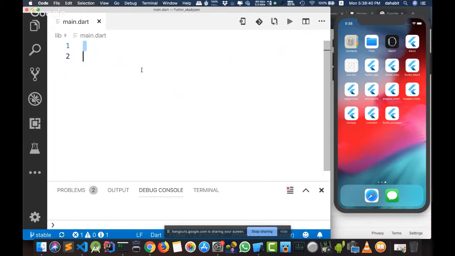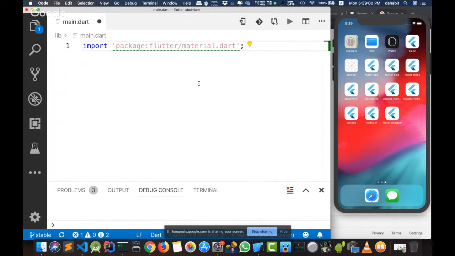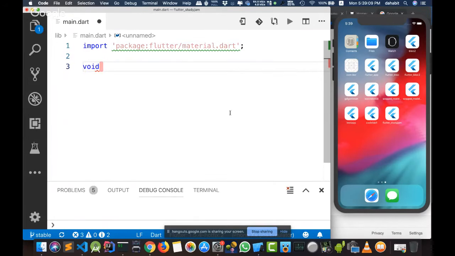Okay, to recap our last 5 minutes, we were giving an example about the default Flutter application, and we will say the same information now when we are building our application from the beginning. So as we said, Flutter is library based, so we need to import the material library for our application, and now we'll start to write our entry point, which is the main method, and the first method responsible for running our application called runApp.